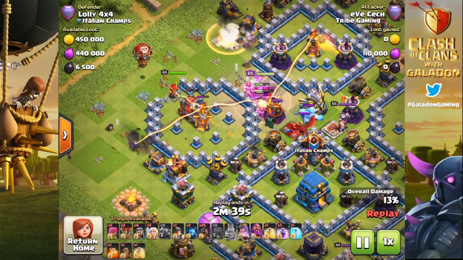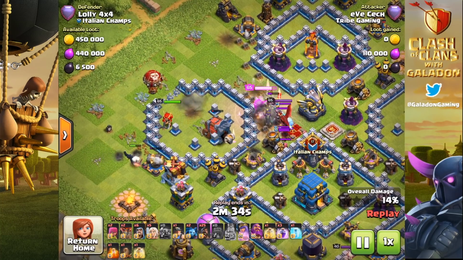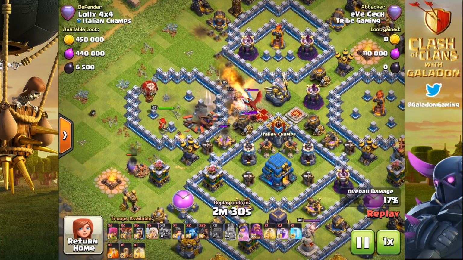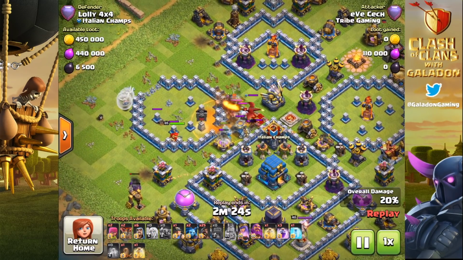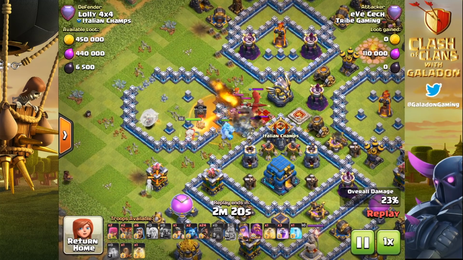Now the Clan Castle is activated. Here comes your Archer Queen. The healers aren't even down yet. Making sure that the healers lock onto the Archer Queen is critical. Notice right here, if Eve Check drops the healers too early, they head off, they try to heal the King, they head off, they try to heal the P.E.K.K.A. This way, here come the healers, perfectly timed in, and they pick up the Archer Queen right as she is